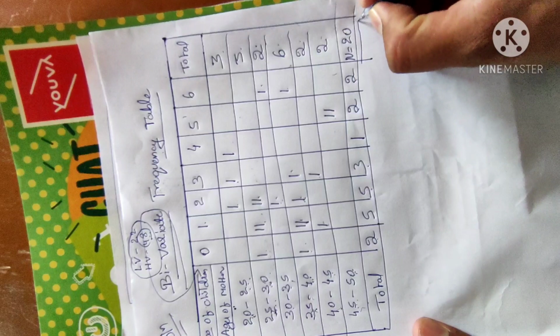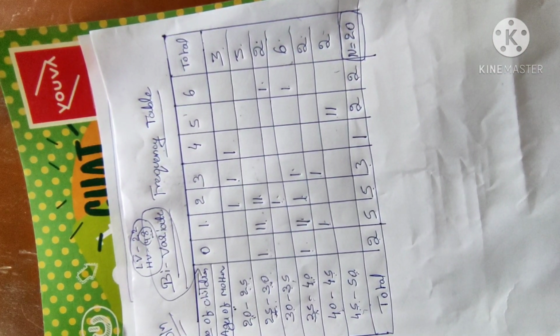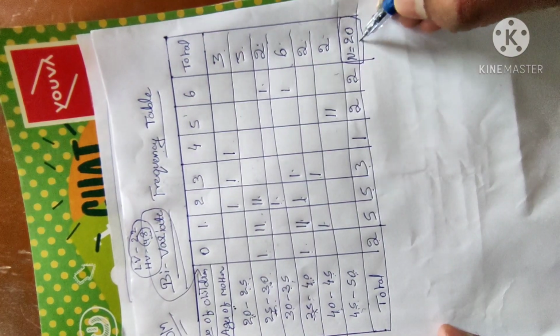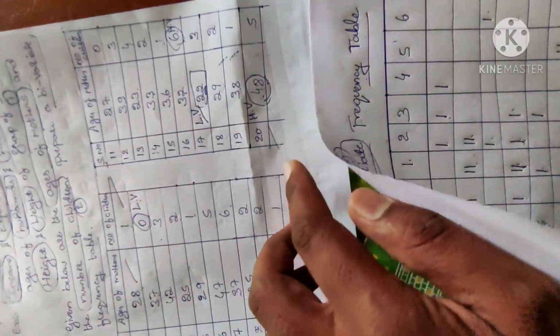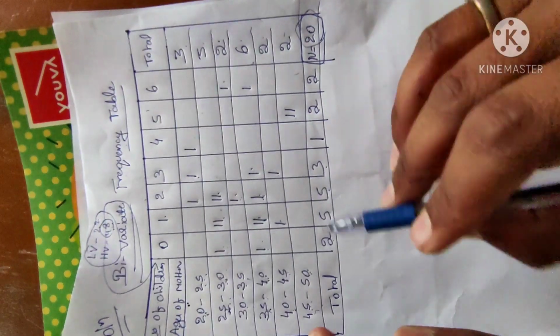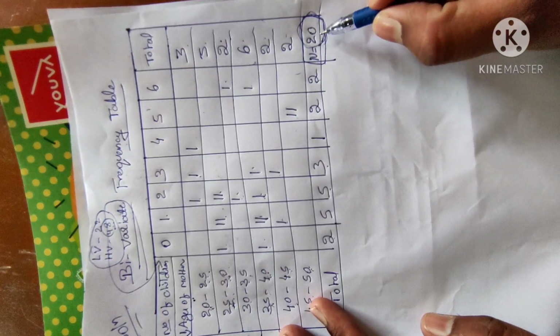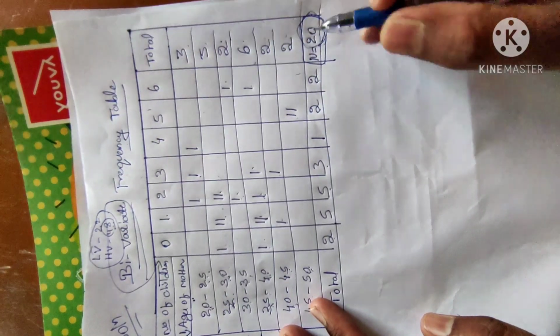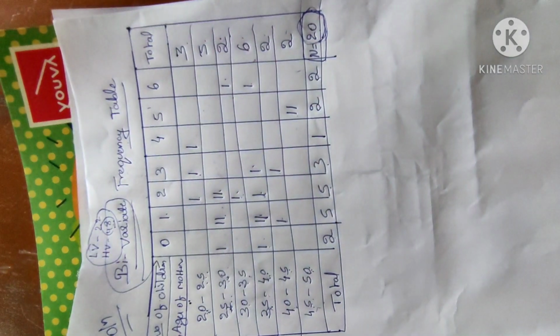We can indicate it as a capital letter N, meaning the number of frequencies or number of observations. The total is 20. So in the serial number also they are given information of 20. So we make a table on the basis of bivariate frequency distribution. We will get the total frequency as 20. This is the way of conversion of theoretical or statistical data in the form of bivariate frequency distribution.